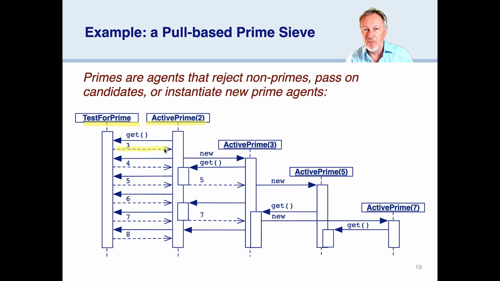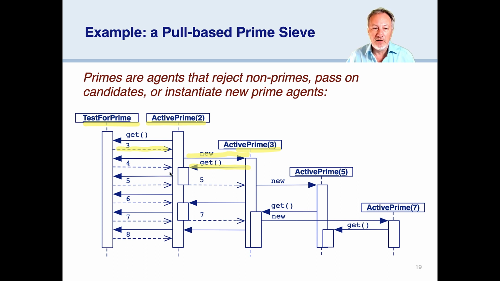It sees that the number 3 is not divisible by 2, and then it tests if 3 is less than its square, or 4. 3 is less than 4, so it says, oh, I found a prime number. So now what it does is it creates a new prime number at the end of the chain of prime numbers, and that prime number will immediately start acting. So it will immediately say, hey, active prime 2, who I'm connected to, can you give me a number to test? Well, for the moment, there's nothing to test, so active prime 3 will go to sleep for a bit,